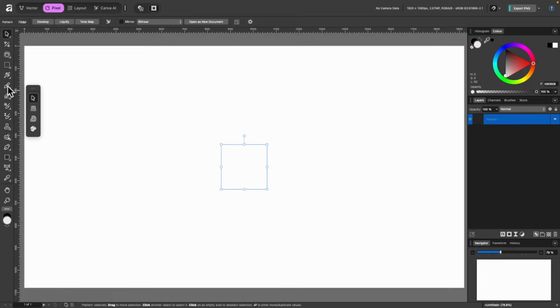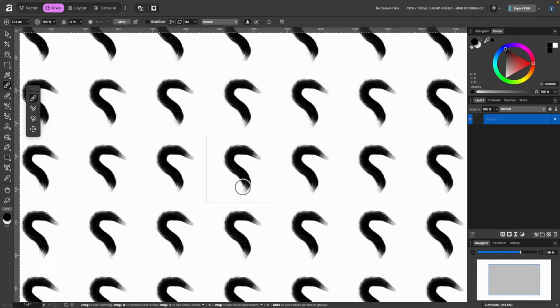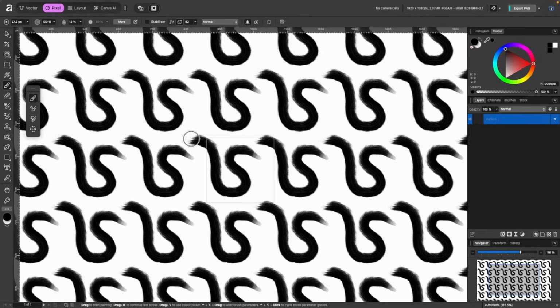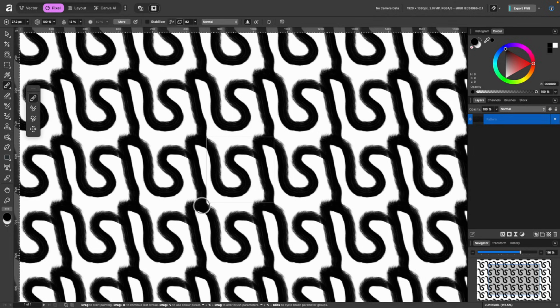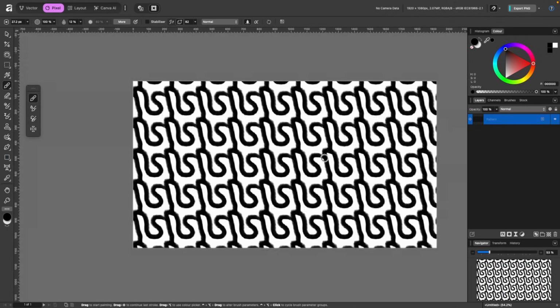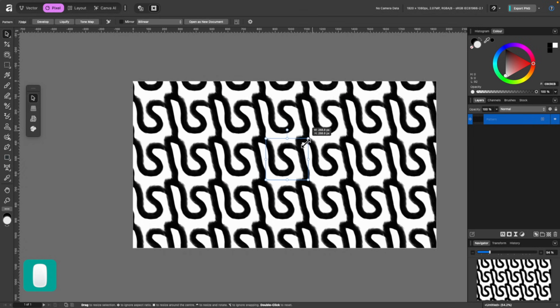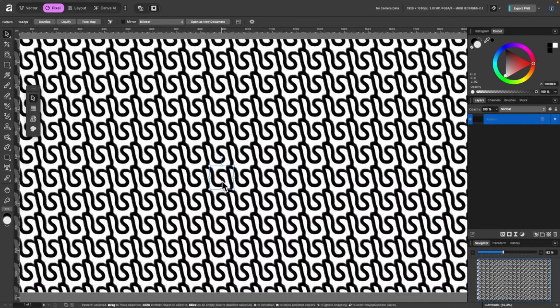So the next thing I'm going to do is click on the paintbrush tool. And now I'm going to go in and I'm just going to start painting like this. And you see it's repeating across. I can even draw outside of the box if I wish, and then come back down on myself. Maybe I'll just kind of leave it there. And you see it's repeated across my whole document. And if I click on the move tool, I can move that around. I can scale it up. I can scale it down. And I can even rotate it as well. So that's one way of using pattern layers. I'm going to go ahead and delete that.